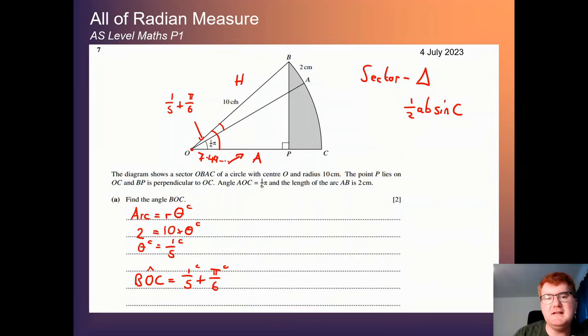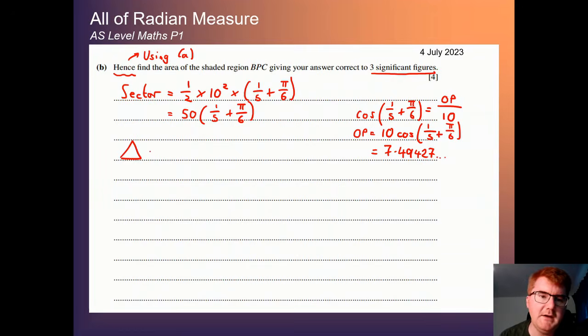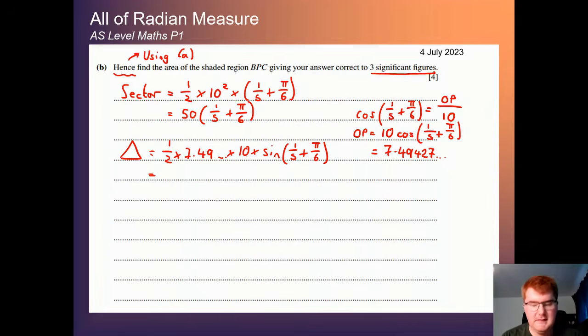And now I've got this side and the angle in between. To work out the area of the triangle, we can then just do a half times what I just worked out on the calculator, times 10 times the sine of the angle in between. So again, using part A here, it's important to keep in mind. If we pop that in, we get 5 times 10 times sine of the angle. Hopefully by this point in the video, it's feeling much more comfortable what kind of questions can appear. And that gives us then